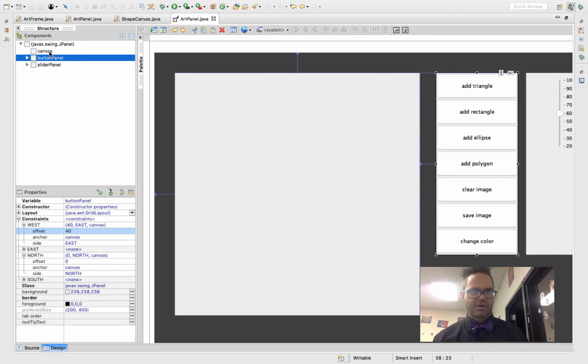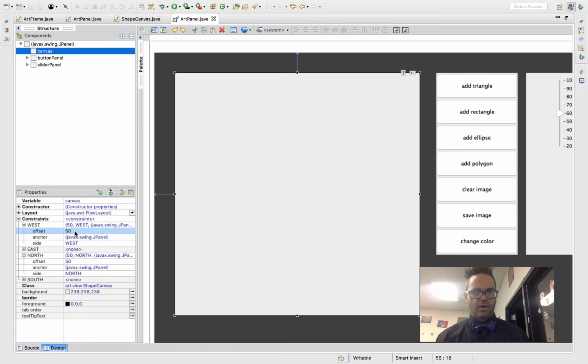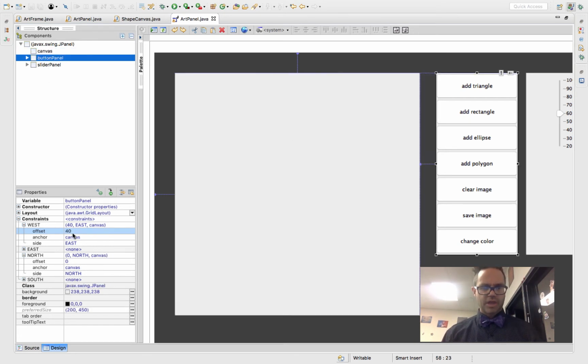So what I did is I start off with my first one, my canvas, and I said, oh, I want this to be 50 away from the top of the panel and 50 away from the west edge of the panel on the west side. Oh, nice. Looks really pretty. And then because it's not quite the same distance between these because they're a little bit different, I didn't set it 50 away from that, but I did want to have a nice differentiation. So I set that one to be 40 away. So the panel is 40 away from the east edge of the canvas,